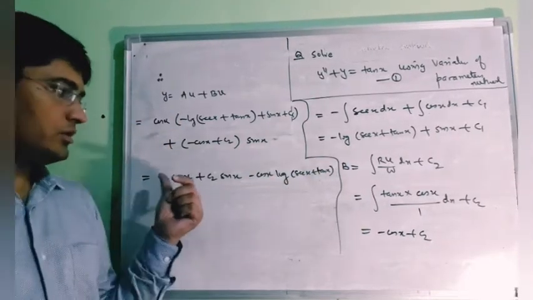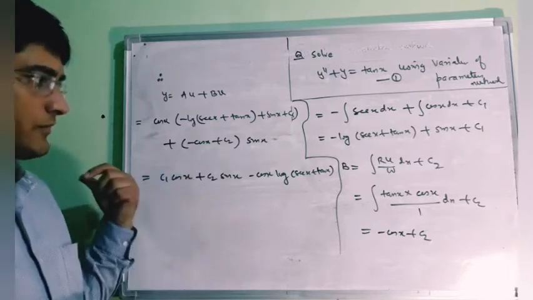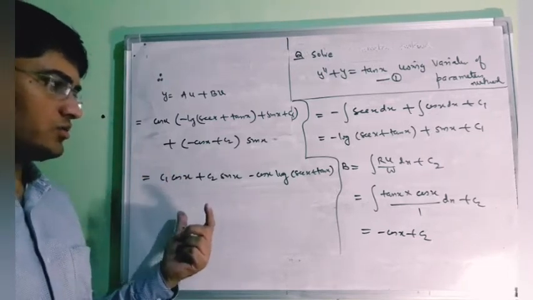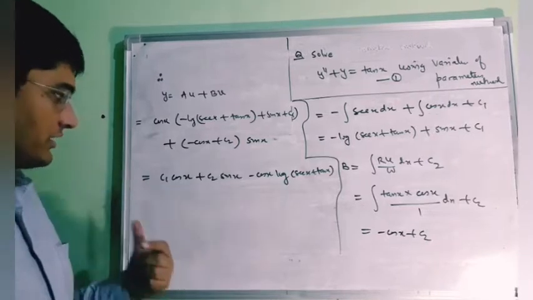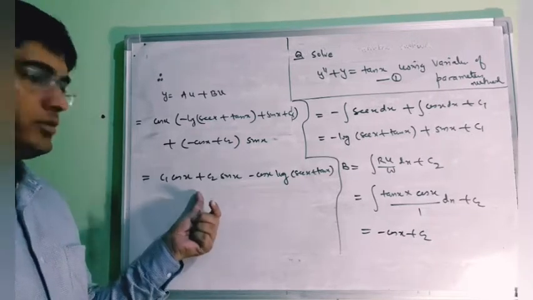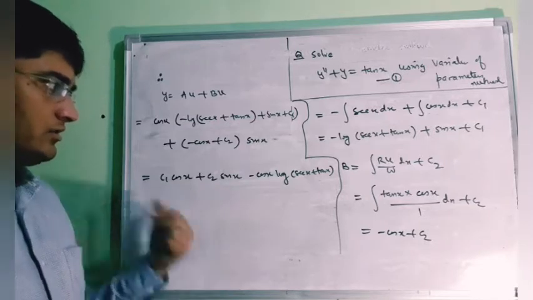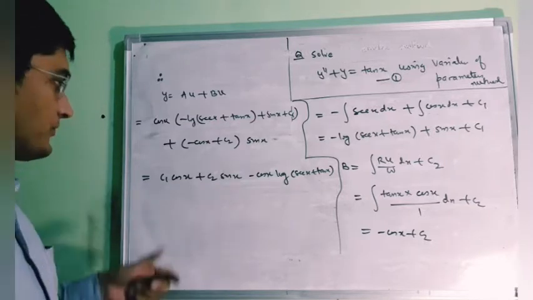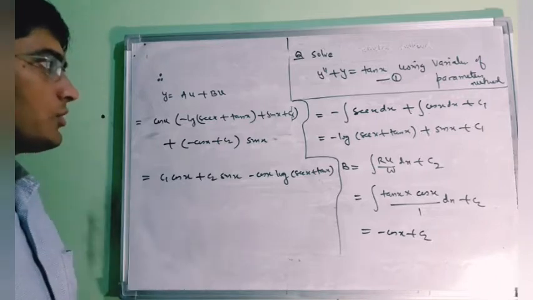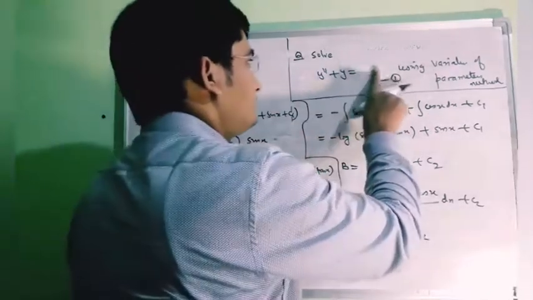So this question I have already solved in my previous lecture, and it was solved using the general method. But right now I have solved this question using the variation of parameter method, and you can see that this method is quite easy as compared to the previous one. So this is our solution of this problem. Now let us solve